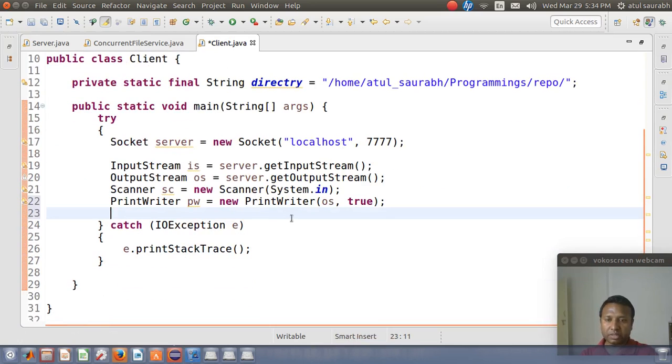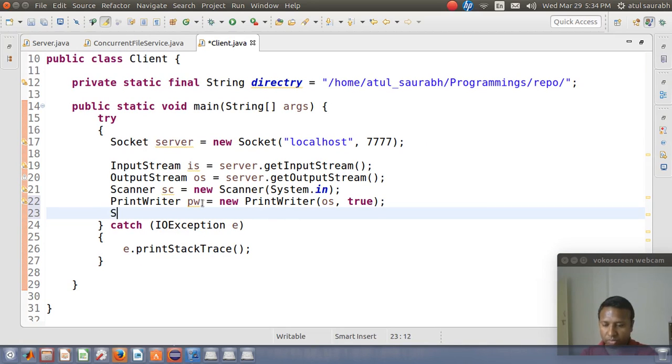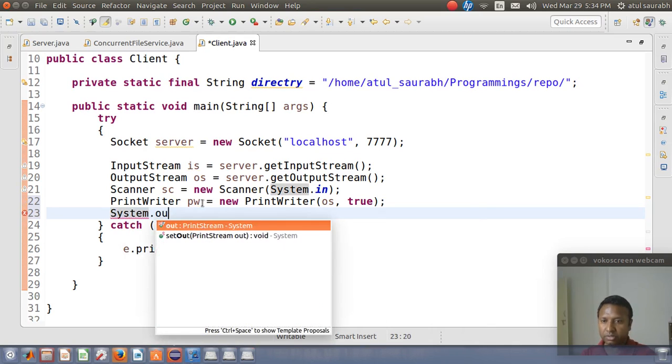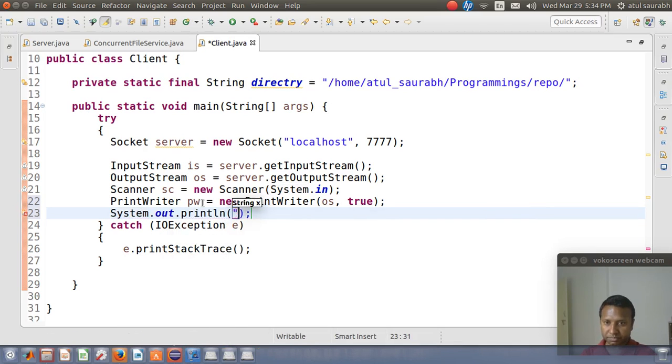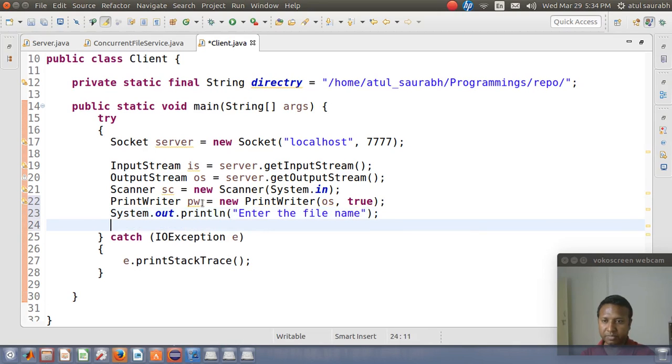Now the client will get the file name from the user, and the user will enter the file name through the keyboard. So let's have the message System.out.println, enter the file name, and String fileName equal to sc.nextLine.